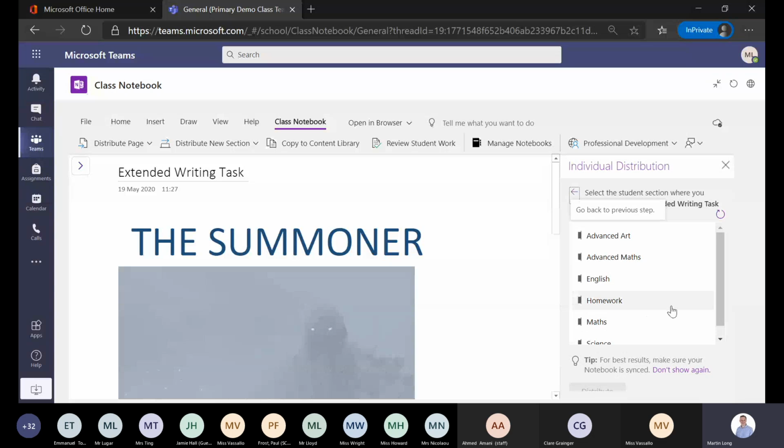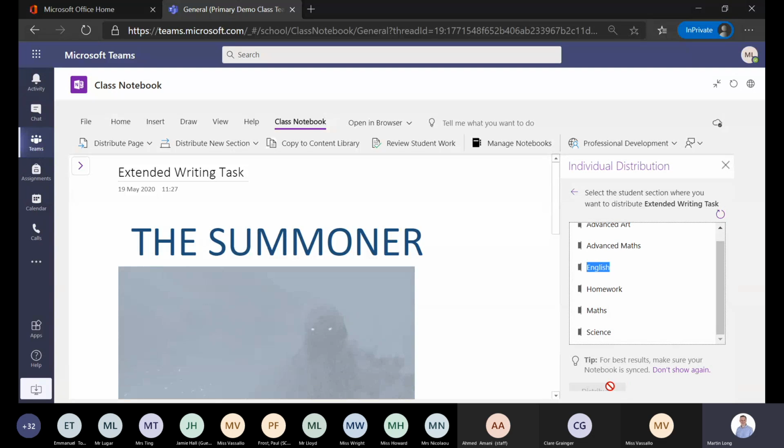And then I will need to choose where I'd like this to go. Well, this is an English piece of work, so I want it to be in their English section. And then at the bottom down here, if I've clicked the English section, I will get the purple distribute button appear. If I hit distribute,